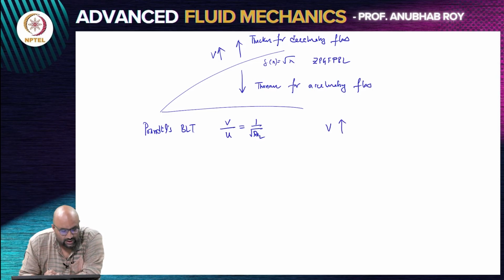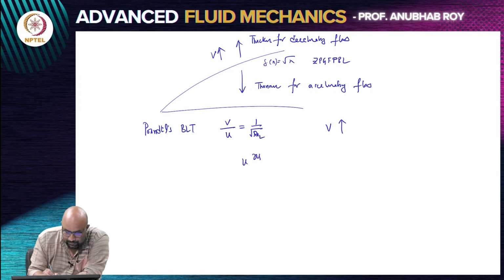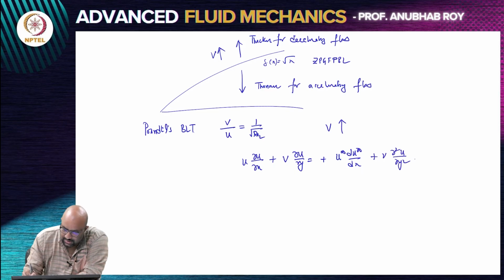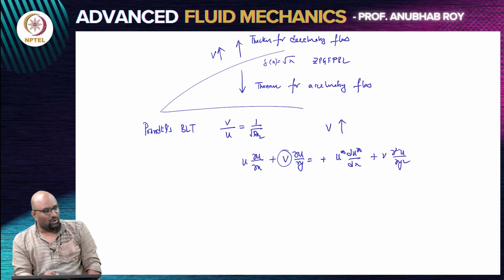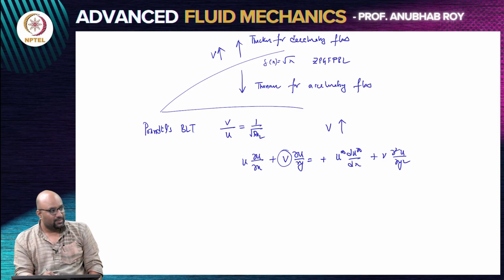in the context of Prandtl's equation, there is a vertical velocity that is sitting here. And what we are saying is that when we see a decelerating flow, there is going to be an increase in vertical velocity. So, as in this problem, as vertical velocity keeps getting larger and larger, you will eventually arrive at